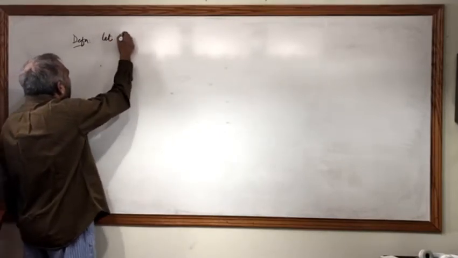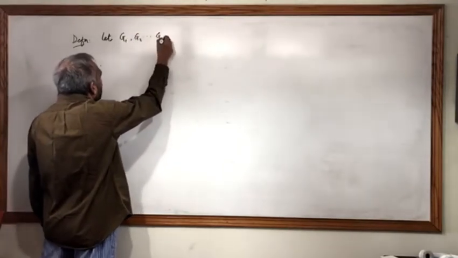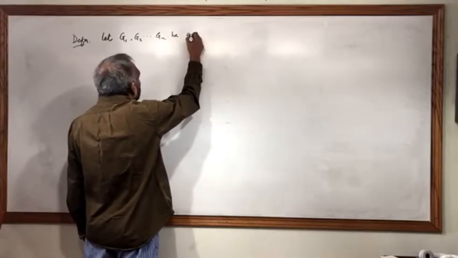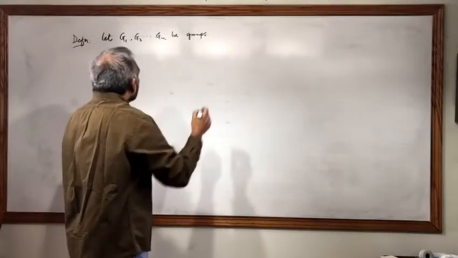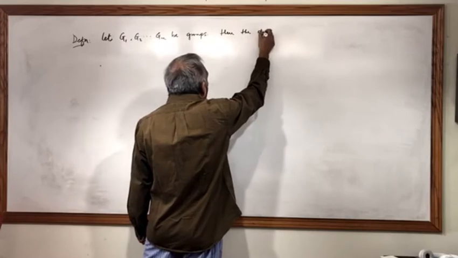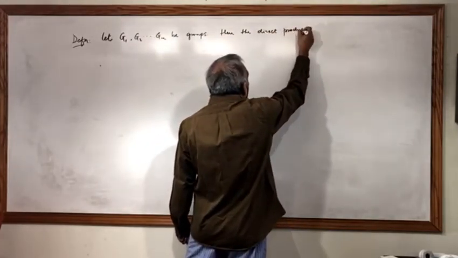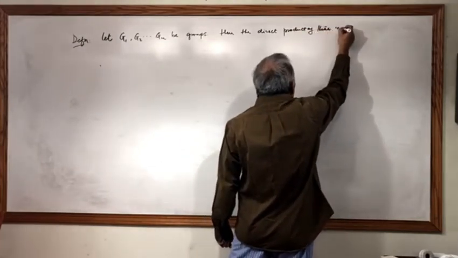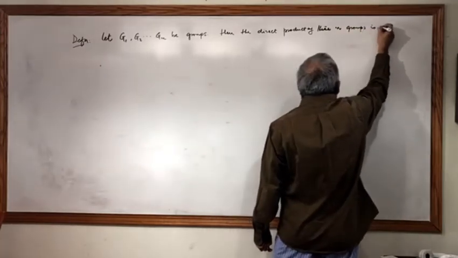Let G1, G2, ..., Gn be groups. Then the direct product of these n groups is defined as